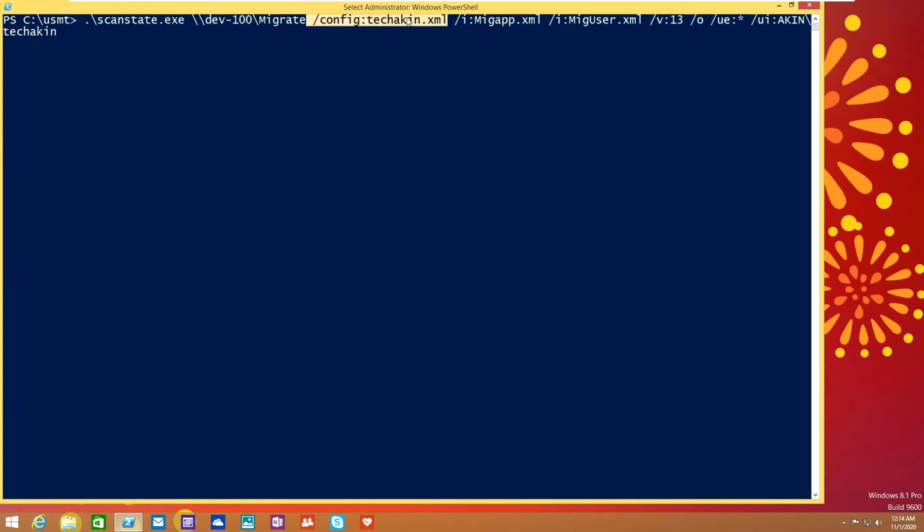If you remember, that file is going to use that config file to manage all your settings, and you specify that you want to migrate all your applications. You also want to migrate all the users, and you want to use a verbosity level of 13, which is your event log file. You want to make it very detailed, and you want to overwrite any user that is called this user. You also want to exclude all of the users on this old computer, and you want to include only one user, which is TechAkin. All right, so go ahead and run that,